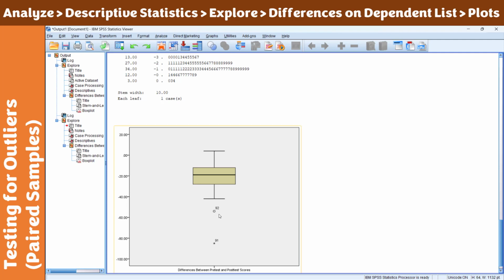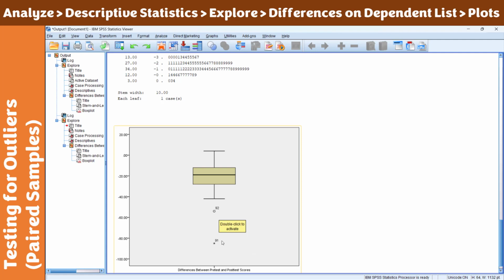The outliers indicated by SPSS, the circular ones, these are actually outliers. I'm not saying in general, but for some, these types of outliers are being considered. Not this one here, because this one indicated by the star is the far out outlier, and this is what we call a significant outlier.